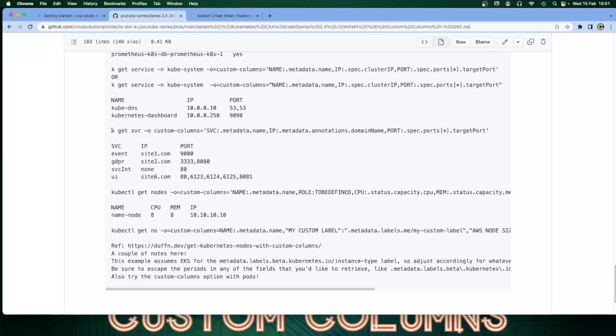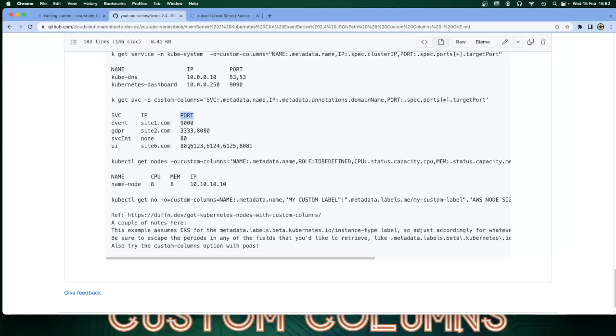You can see here, get service with custom columns, where the metadata name is the first thing that you're going to extract, the first field. The second field that you're going to extract here is the annotations name, and then the third field that you're going to extract is the port. But because the service has multiple ports, what you want to do is provide a star so that you get all of the ports that are part of that. So that's really about